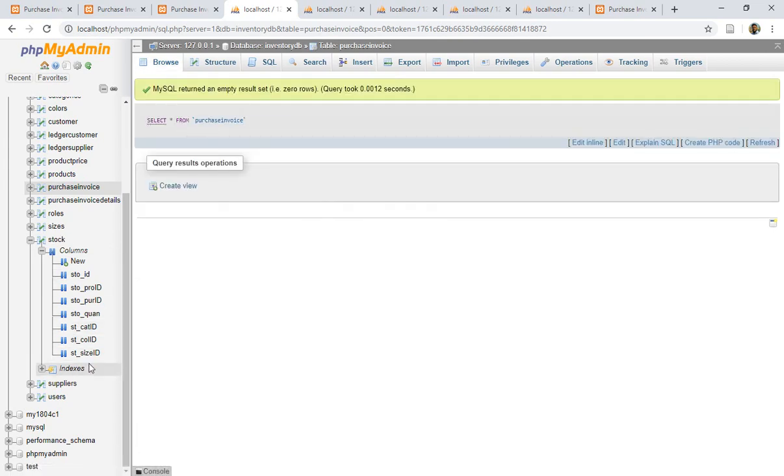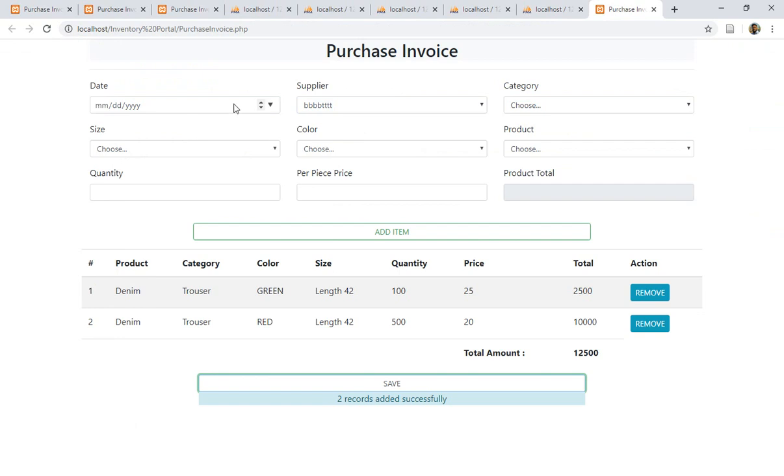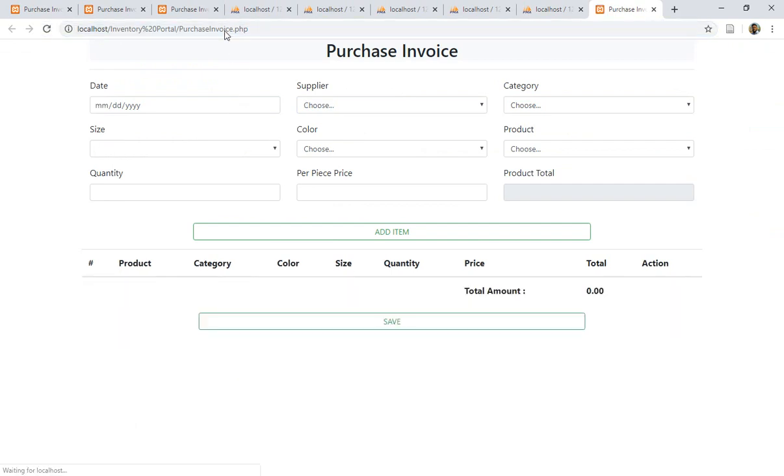Okay, so you see the references help us a lot in order to maintain the records. Now because my purchase invoice is empty, my purchase invoice detail is empty because they are referenced, and then my stock is empty, and my product price is empty. Okay, everything is empty. So let's go to the purchase invoice, refresh the page, and now let's check what's the